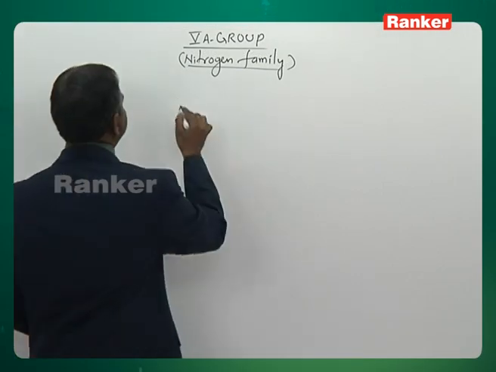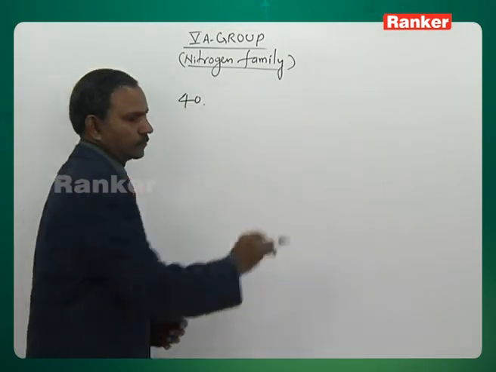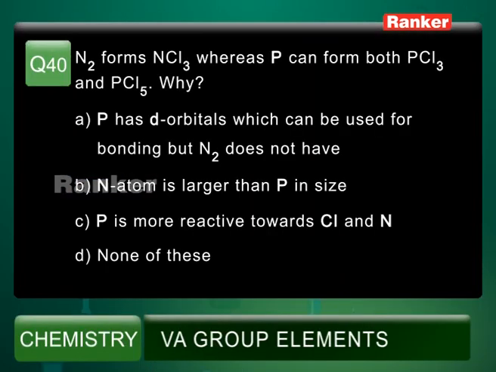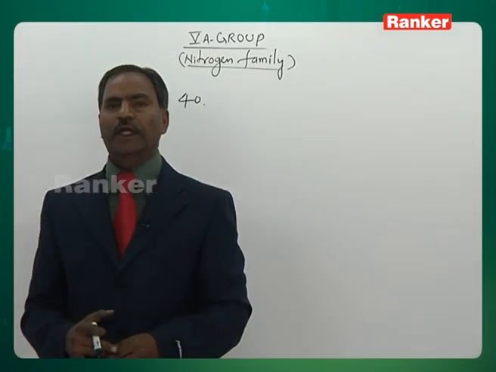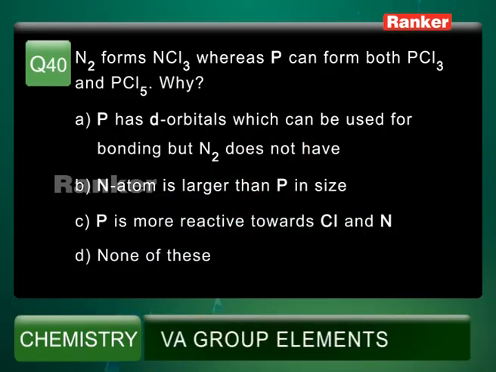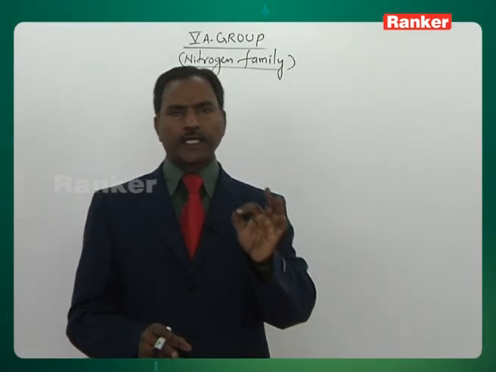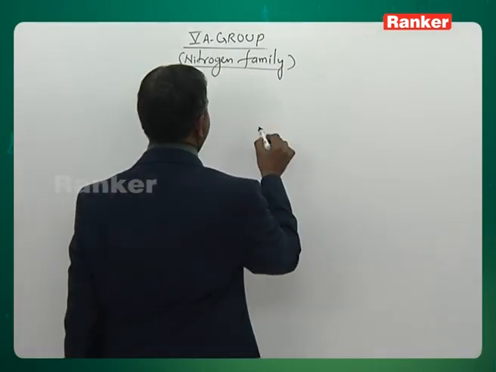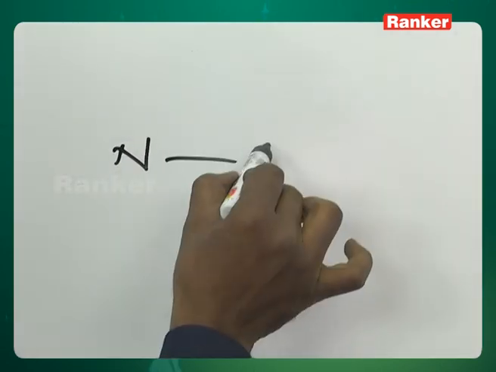Question number 40. N2 forms NCl3, whereas phosphorus can form PCl3 and PCl5. Coming to A, P has d orbitals which can be used for bonding, but N2 does not have these d orbitals. Vacant d orbitals are not there in nitrogen. Second option, N atom is larger than phosphorus in size. C, phosphorus is more reactive towards Cl than N. D, none of these. See, the reason is that N forms only NCl3,